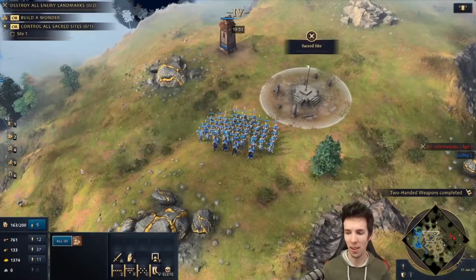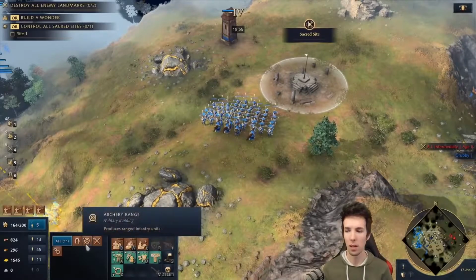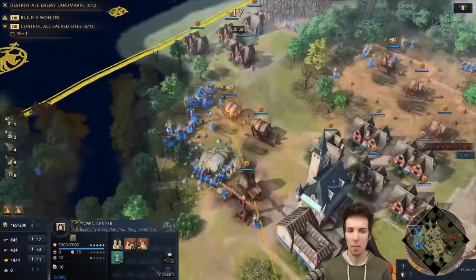University is coming out now. Our food is going up nicely. We have non-stop production from our Swabia. Now keep in mind that in this game, because I'm against AI, I'm not showing any